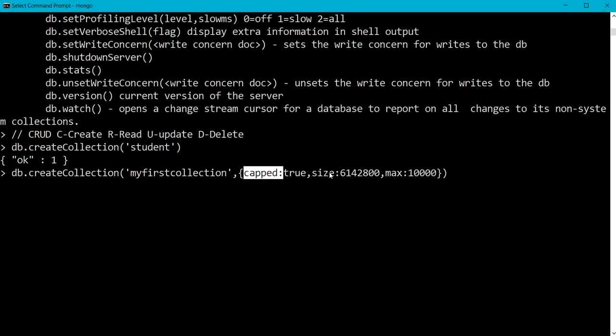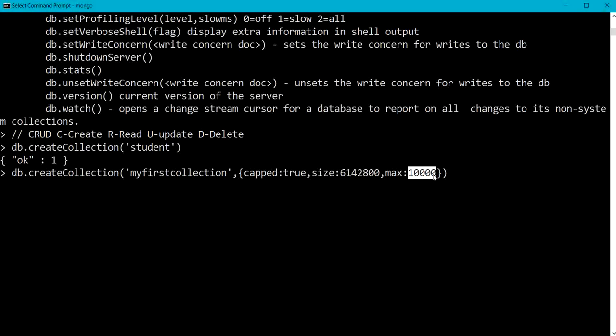The second option is the size, the maximum size in bytes for a capped collection. Whenever we are considering the option capped, we need to specify size for that capped collection. And the third option, max, is the maximum number of documents allowed in the capped collection, here my first collection.